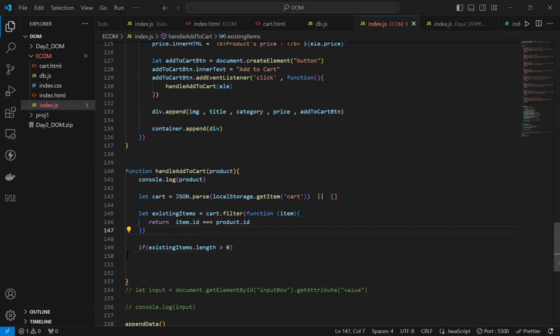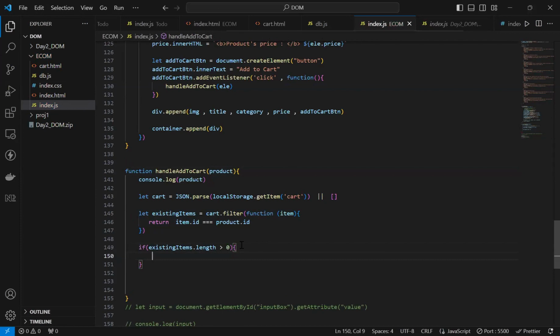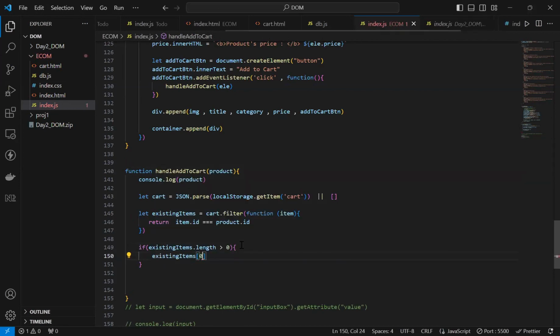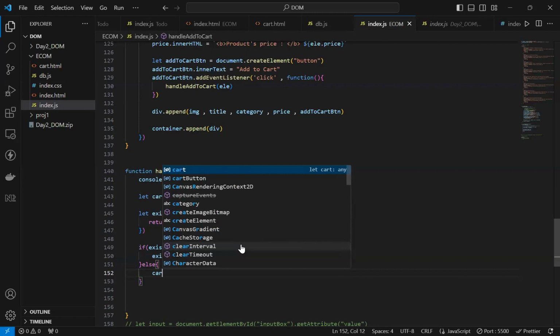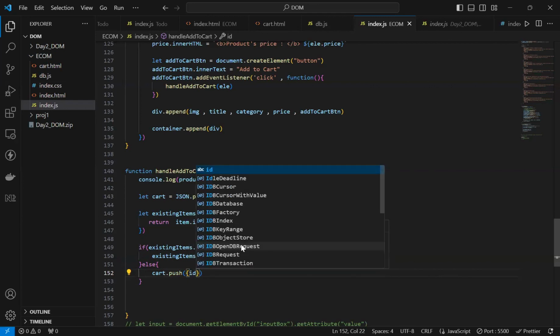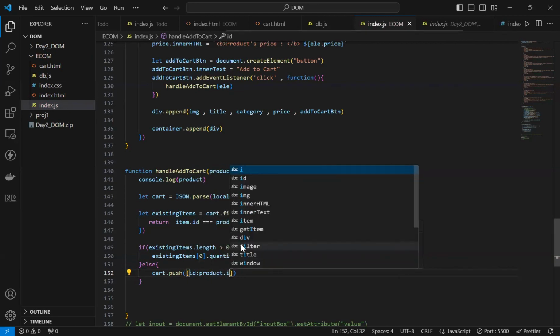ठीक है, so if anything is present inside this array जो कि इस प्रोडक्ट से मिलता जुलता है, what I'm gonna do is I'm gonna basically access that item and I'm gonna increase its value, right? So quantity plus कर लूँगा, else what I'm gonna do is I'm gonna basically push it to the cart.push, and